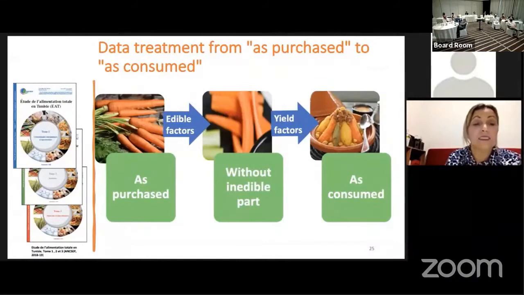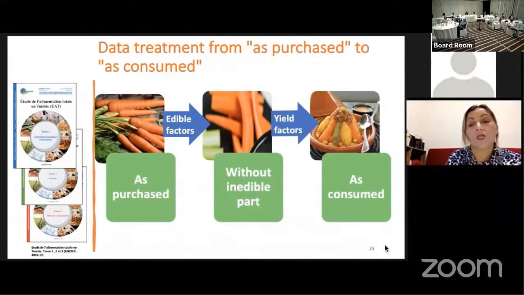In case there was no corresponding factor, we referred to international tables, and if there was more than one value for the same food item, we calculated and used the average of the different values. If there is no corresponding factor in the international table, we do an experimental study and estimate the edible factor